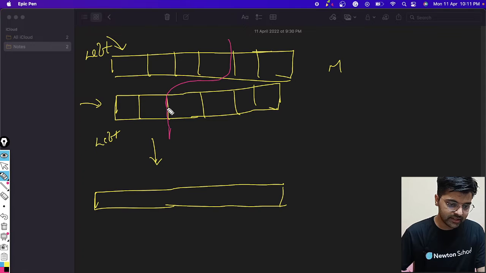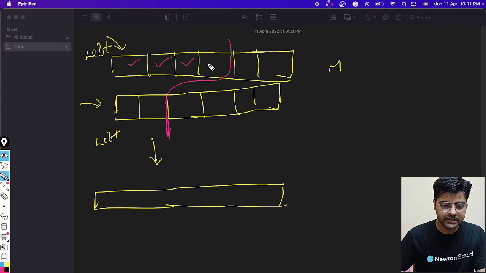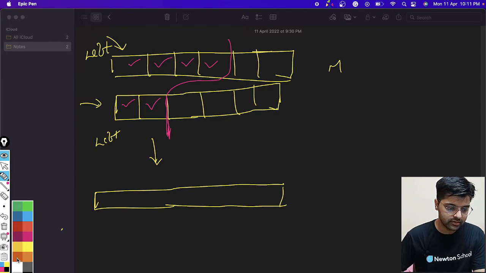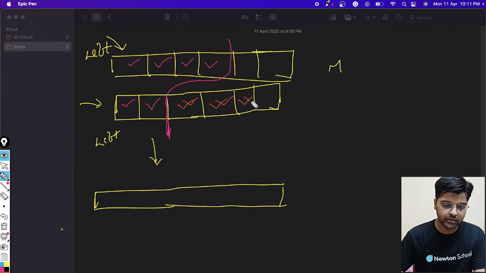So let's consider that after merging, these elements are smaller than all these elements, right? For this case I am taking 1 2 3 4 5 6 7 8 9 10 and 9 10 11 12.